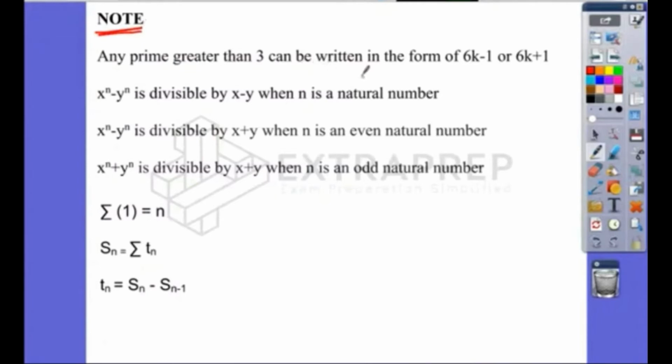Any prime number greater than 3 can be written in the form of 6k minus 1 or 6k plus 1. This is just a basic question here. That's the reason I've given it to you. Any prime number greater than 3. See, every prime greater than 3 will definitely be odd. You know that, right? So before the prime number you get p minus 1 and after that you get p plus 1. This is an even number, this is an even number, and this is an odd number. Prime is odd, this is even, and this is even. These are three continuous numbers, consecutive numbers.